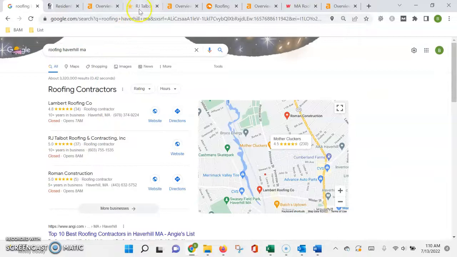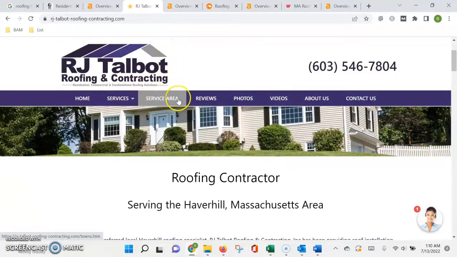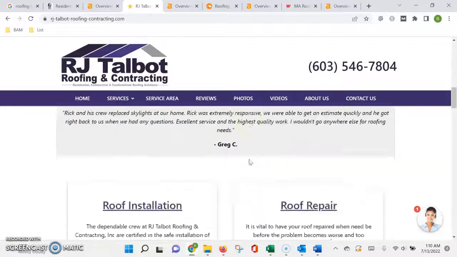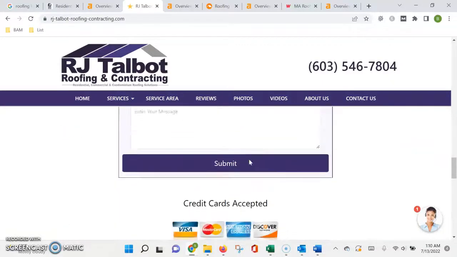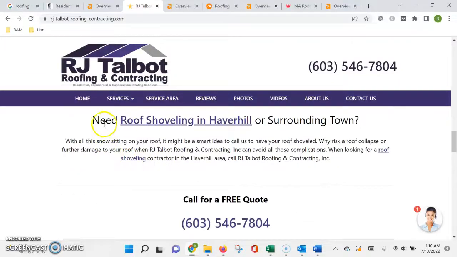So I found a couple different websites, but I went with the one that's in the map pack here. It's really easy to navigate with all the drop downs. We've got some pictures. It looks like actual work that you've done, not just stock file photos. The only issue that I'm having a problem with right now is the lack of text or content on the